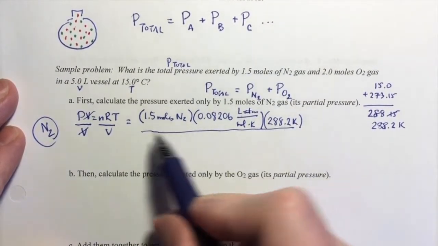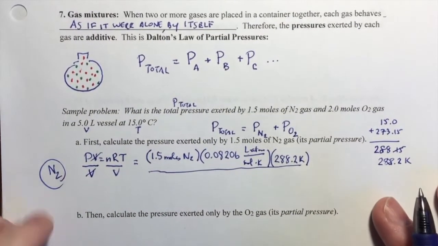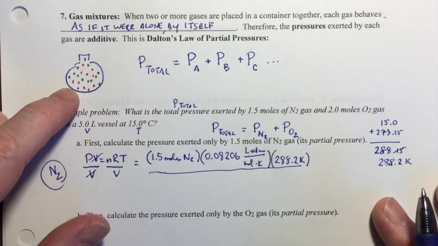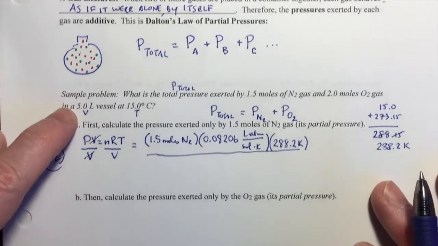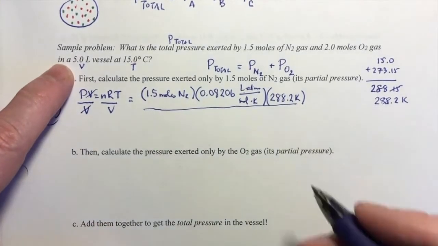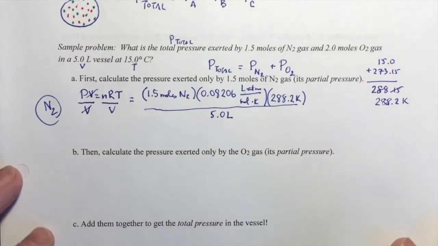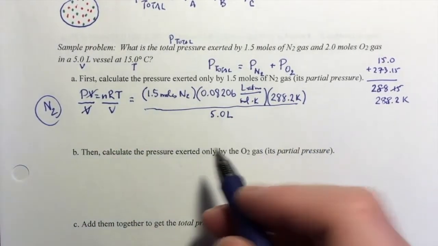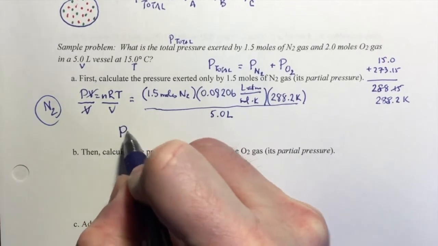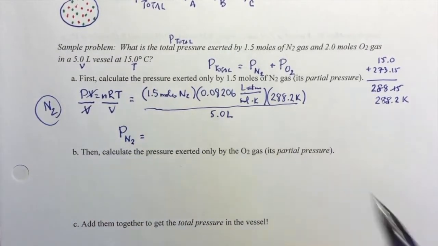Divided by the volume. What is the volume? Well, remember that this nitrogen gas is going to completely occupy the whole volume space as if it were alone by itself, and the whole volume is 5.0 liters. So there I have plugged in everything, and that is going to give me my pressure specifically of the nitrogen gas. So the pressure of the N2 gas equals, let me do this math on my calculator,